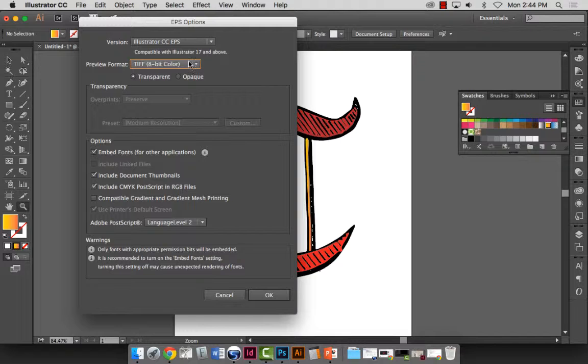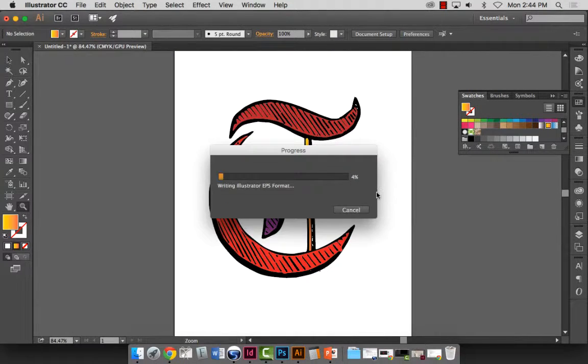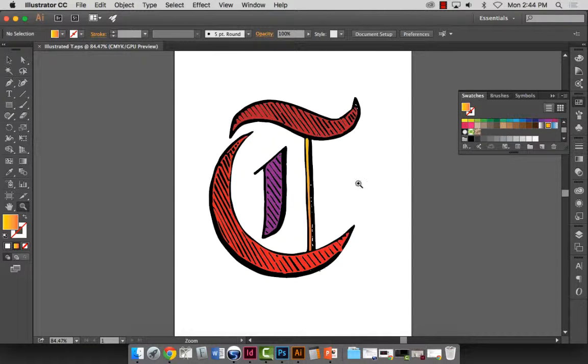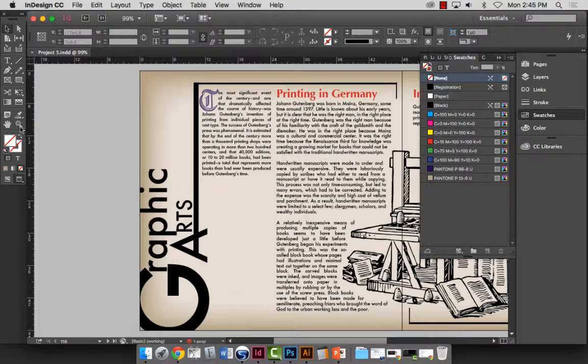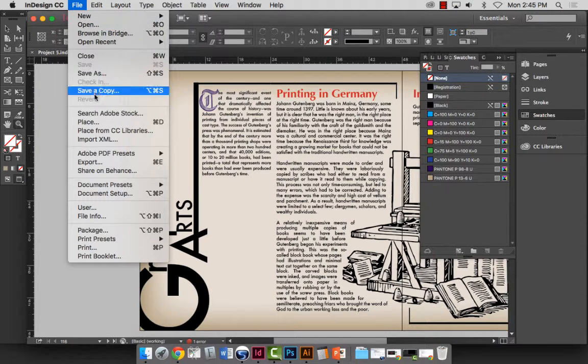So I really don't need to change anything here in the EPS options. I just hit OK, and it's saving it as an EPS file right now. It's a fairly big image, so I'm going to resize it. The Illustrator files, you can resize them all day long. Big, small, it doesn't matter. They never pixelate. Now I'm going to go to InDesign, and I am going to go to File and Place,